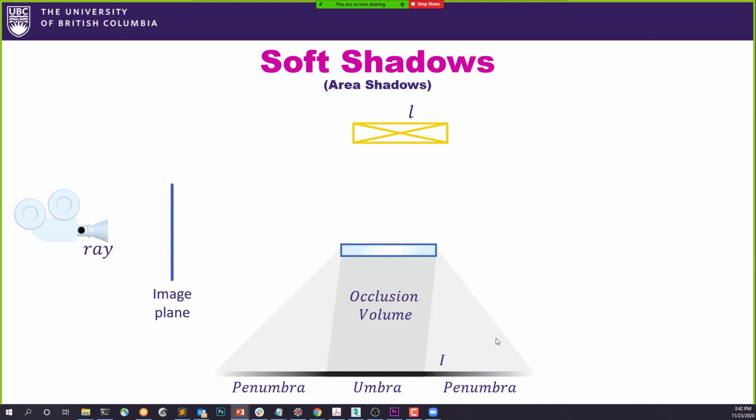So I'm representing that value with black and white, so you can represent it, let's say, from 0 to 1, right? And you could use that as a weight for your specular and diffuse components, right? So if you are basically here, your value will be 0, it's black, right? So your value will be 0, and you basically multiply your diffuse and specular times 0, you basically only get